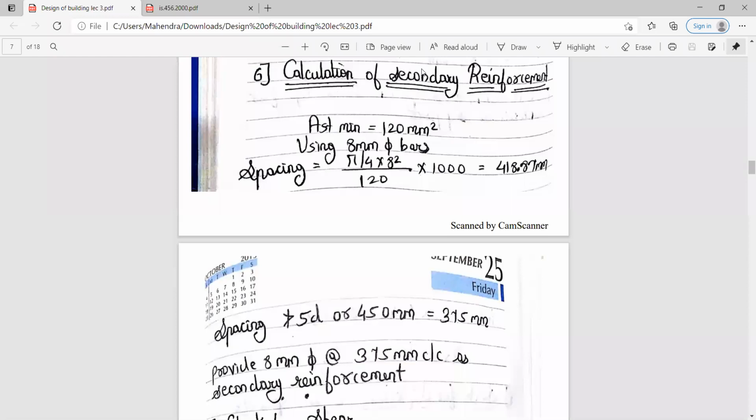For secondary reinforcement, you have to use 8 millimeter diameter bar. So using 8 millimeter diameter bar, you need to calculate the spacing. The spacing you get is 418.87 mm. The spacing should not be greater than 5d or 450 mm.